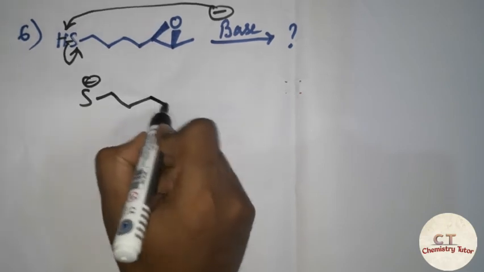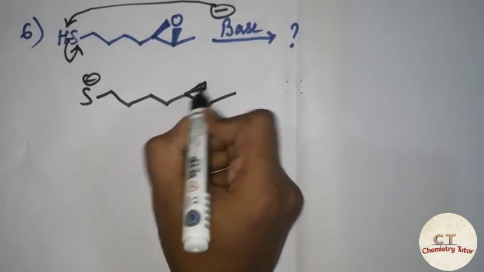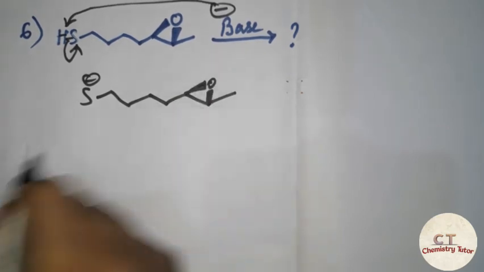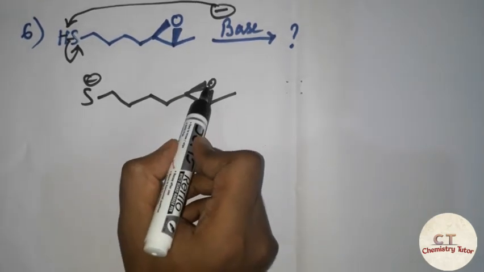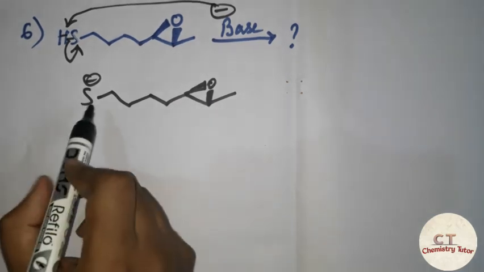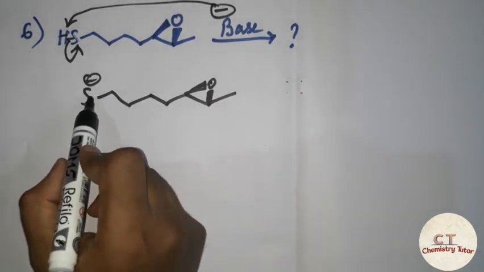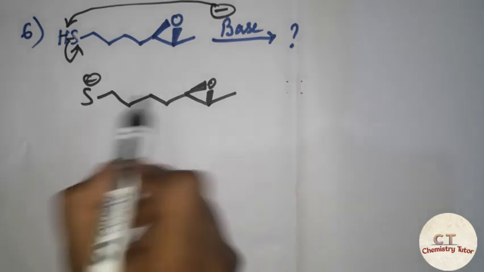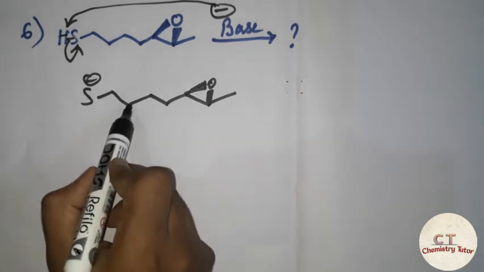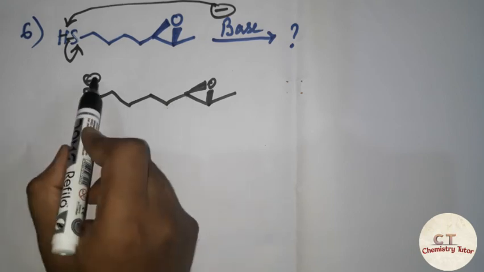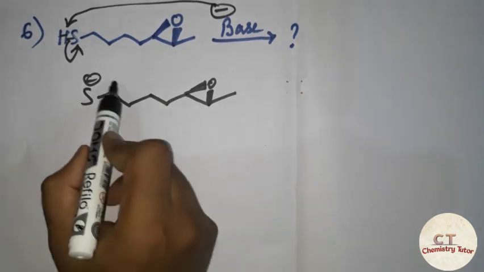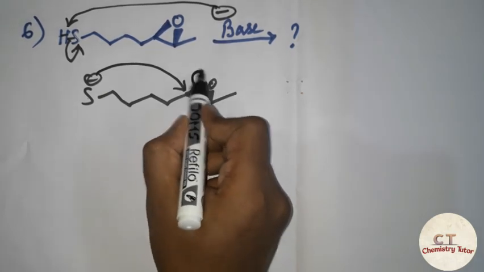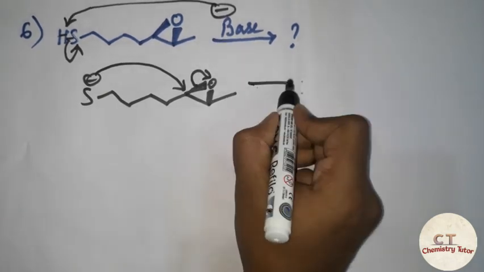Okay, it is above the plane, this oxygen is above, this epoxide is from above the plane. Then a 3-membered ring is not that stable. Instead, if there is a possibility of a 6-membered ring, then it is more stable, and there is that possibility in this reaction. So let us count 1 2 3 4 5 6. Since a negative charge is there and a 6-membered ring is also possible, this negative charge is going to attack here, and this epoxide ring will open, and we get our product as